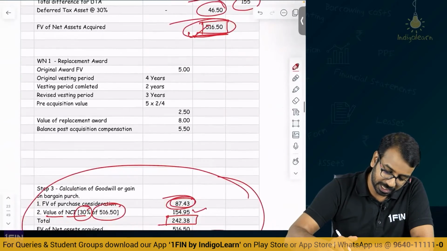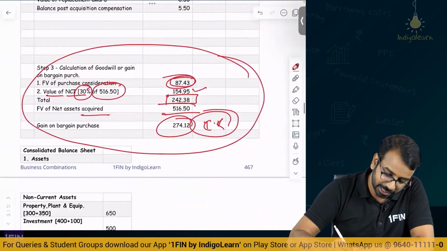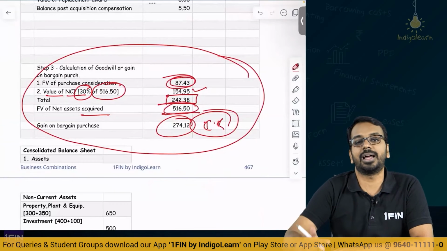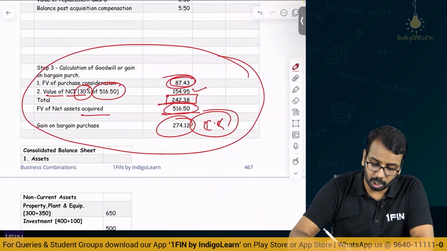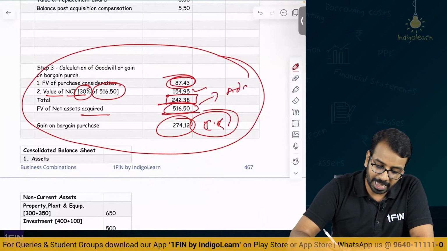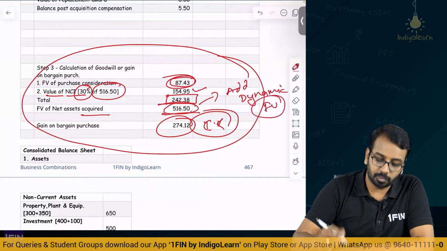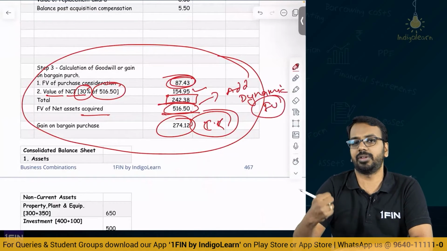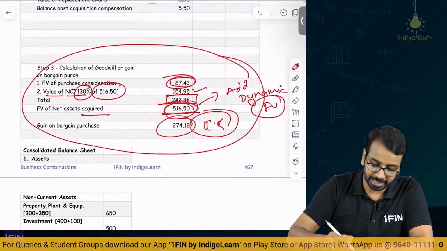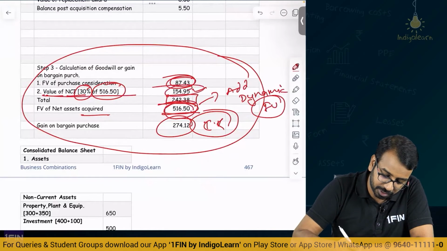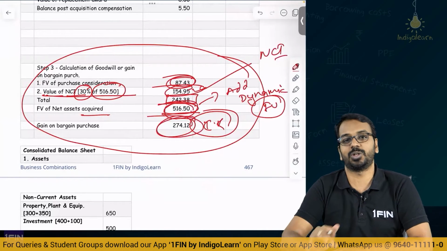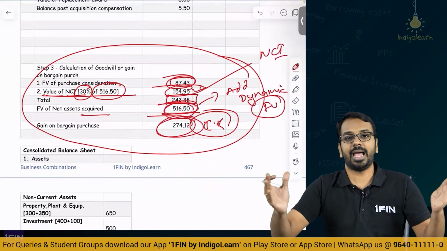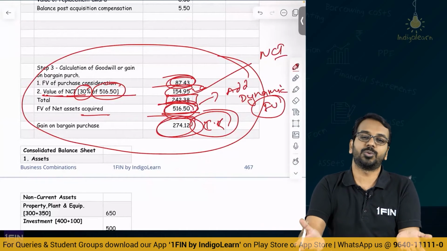Then identifiable net assets, whatever you have calculated, this 516.5, this fair value of net assets identified, fair value of net assets acquired should also be adjusted. Now how will we adjust this? We will simply add the subsidiary's fair value. Whatever is the fair value of assets of the subsidiary, line by line when we add, this automatically will be taken care of. Then you have this NCI that we have calculated here, this has to be shown in the balance sheet. Then gain on bargain purchase has to be shown in the balance sheet. If you do these adjustments and add the balance sheets together, your balance sheet will always tally.